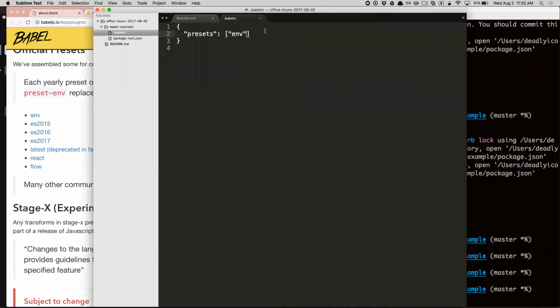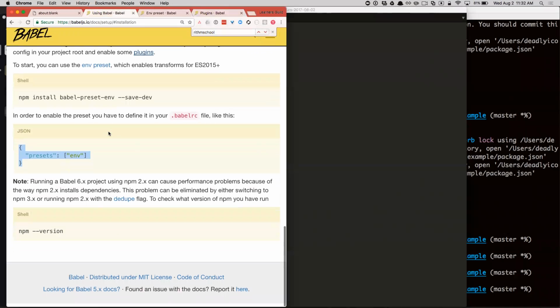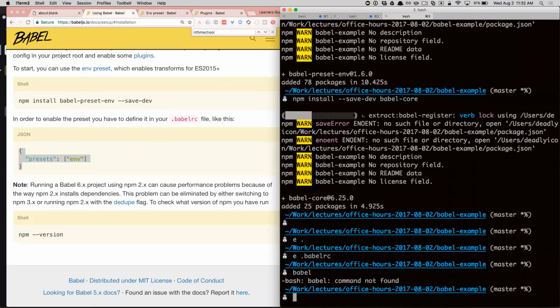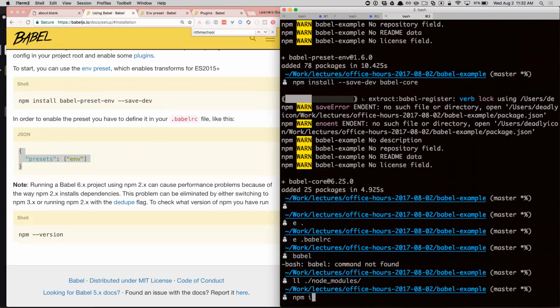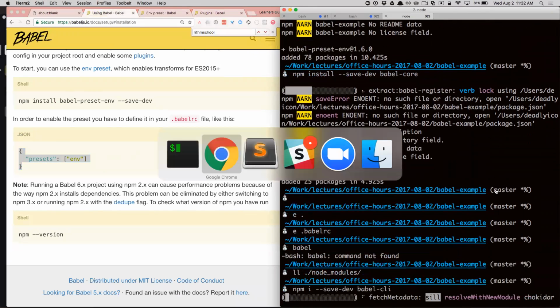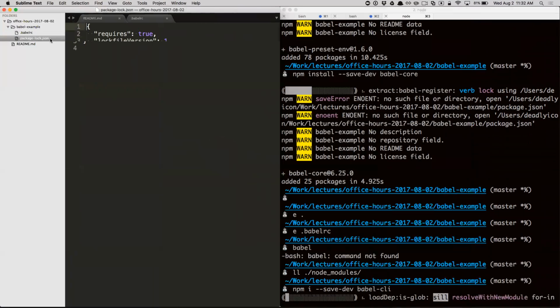There are other presets. I think if we were using React, which means we want JSX transpiling, we can add that in there. But for now, we'll just go with their basic initial setup. And then we should have the Babel command. Oh, we need Babel CLI to do that. So if we look at the stuff we've installed,